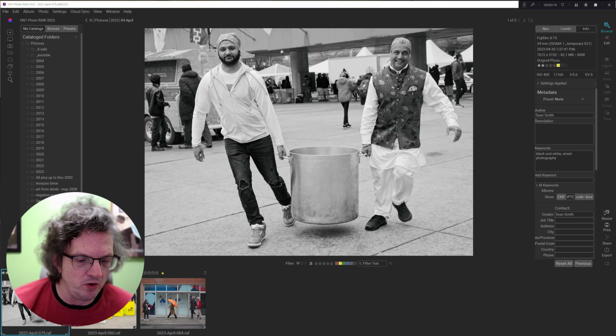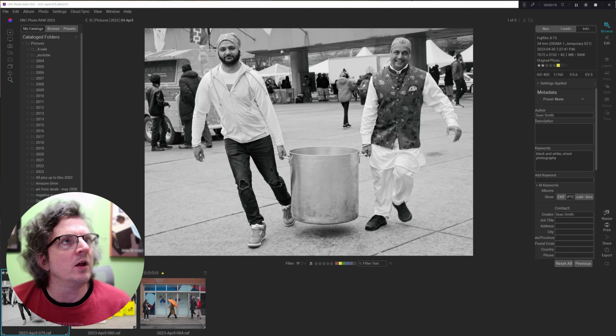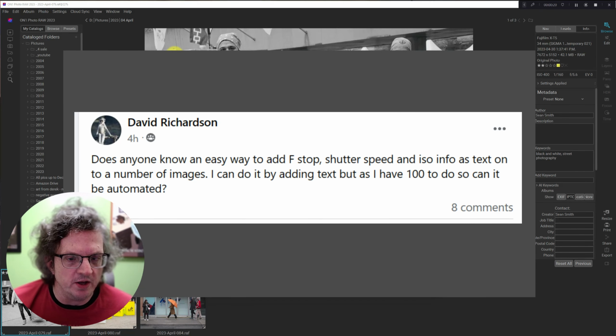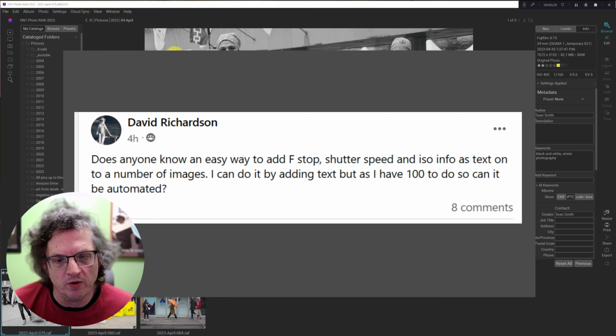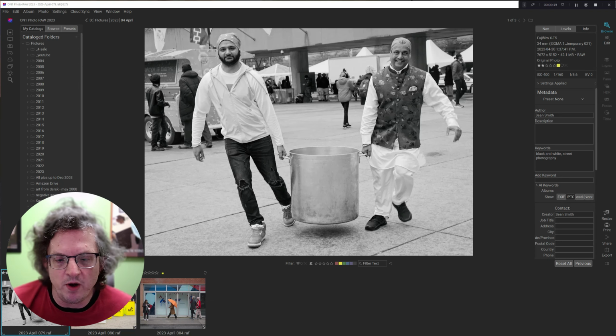So today I'm responding to a post I saw on a Facebook group about On1, where David Richardson says, "Does anyone know an easy way to add f-stop, shutter speed, and ISO info as text onto a number of images? I can do it by adding text, but as I have 100 or so images, can it be automated?" All right. Well, this is actually something I've wanted to do for a while, but hadn't bothered to figure out